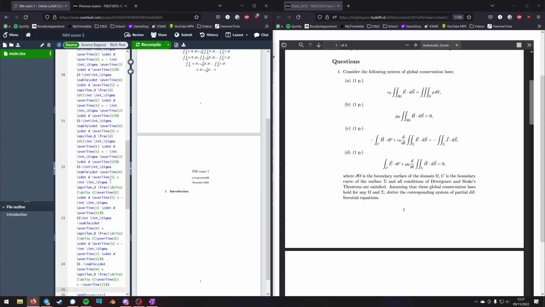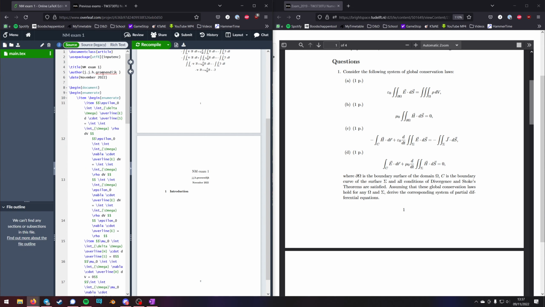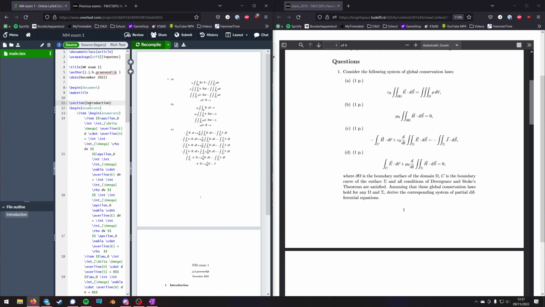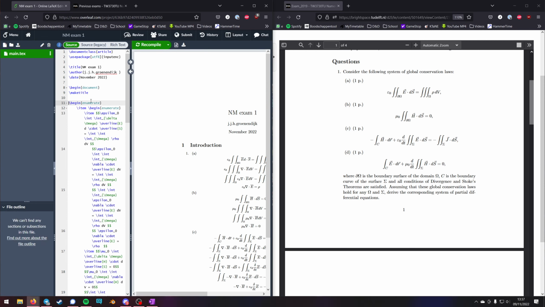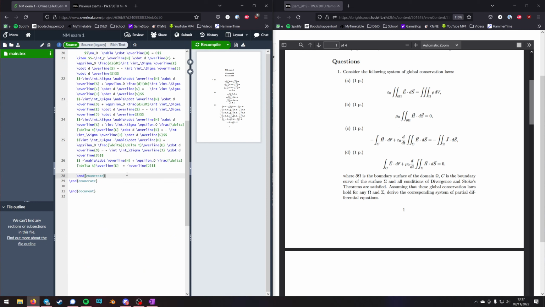Oh, interesting. Did I put it above the... Yeah. That's where my document went. This would be... I'll remove the section. Okay, there we go. And then down here I'll add an item and I'll go